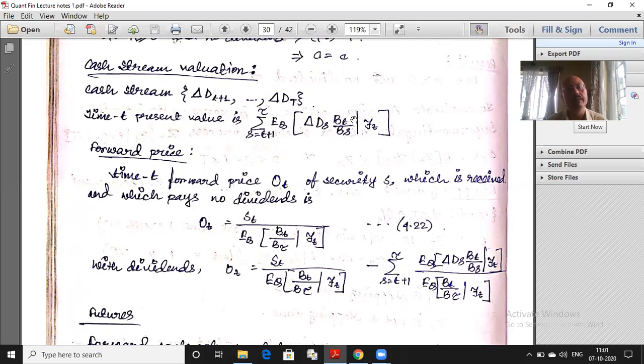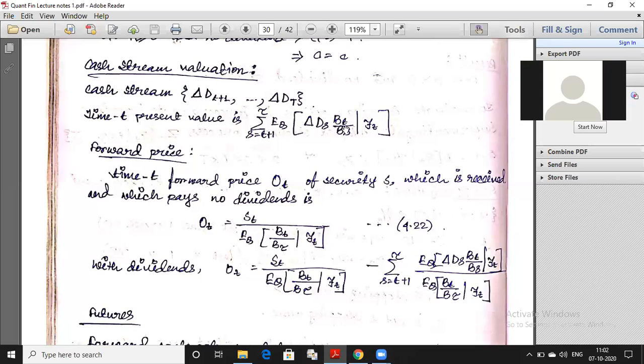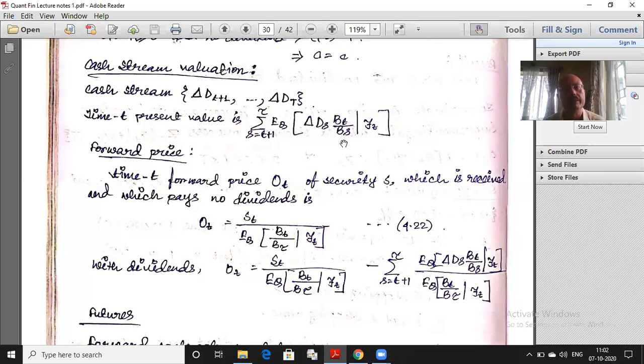So the actual payment, and then this is the appropriate discounting. And here I am allowing for random bank rates also. So the expectation is over both the cash payment as well as the bank rate. If the bank rates are non-stochastic, then I will just take them outside the expectation. In fact, in particular, the case that we have been using most, a constant rate of interest, then I will take everything out and it will just be 1 plus r to the power t minus s. Okay, is that clear?